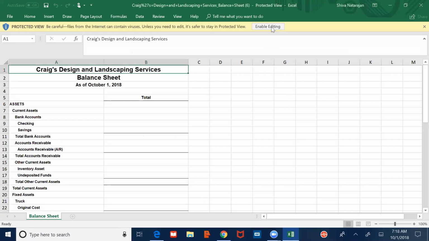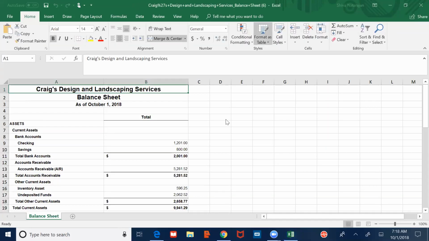Click on enable editing. You'll see the numbers populated. So this is the balance sheet that you just exported from QuickBooks.